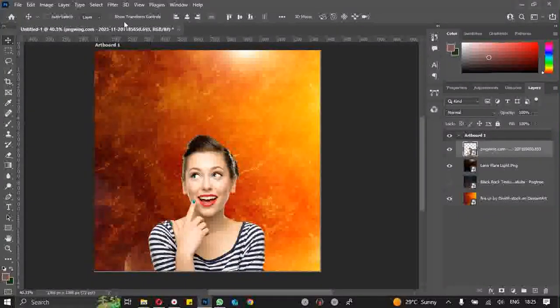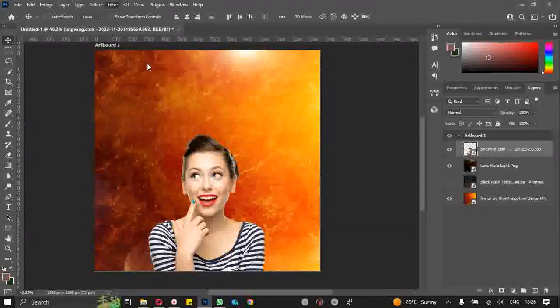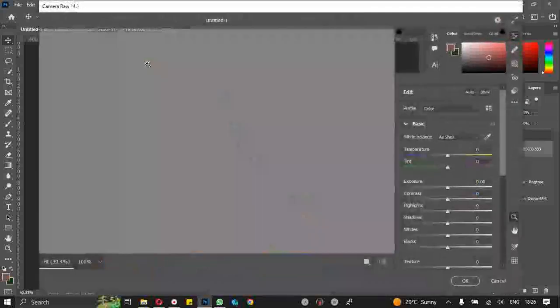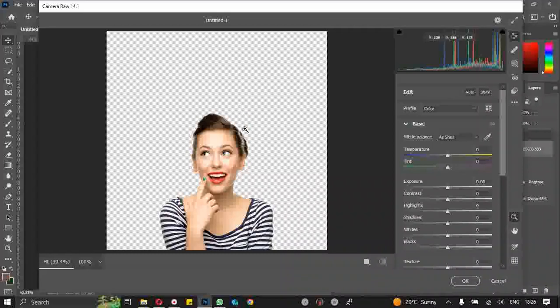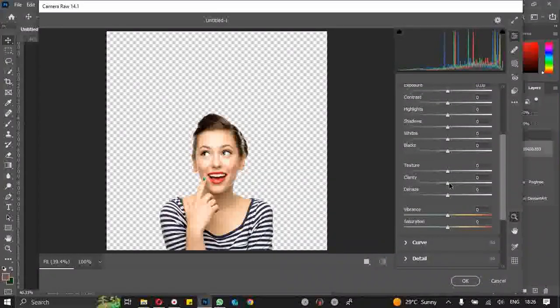So quickly, let's go to filter, go to camera raw filter, or you can quickly hold Shift, Ctrl and A, press those three keys, then you quickly open camera raw filter. Let's wait while the camera raw filter window opens. Yes, this is it. So from here we are checking three items. We have the clarity,